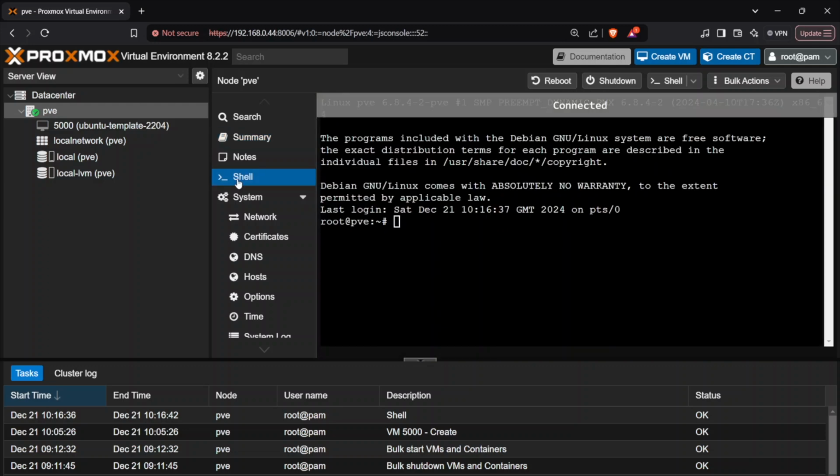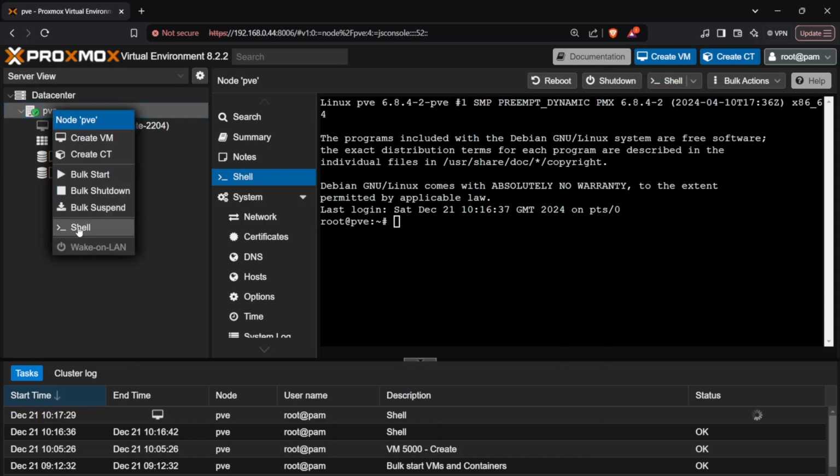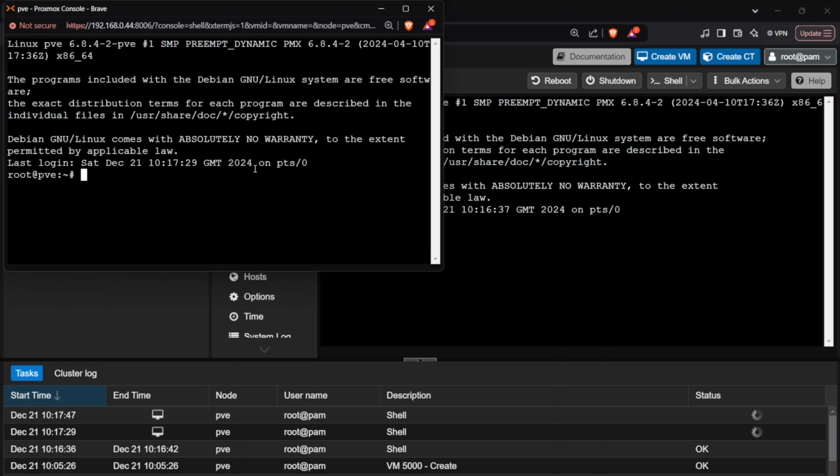minimize this and go back to the shell, open in a new window, right click, click on the shell, and you can click on xterm.js, and you should see this will open into a new window, or either way you can open it, right click and open in the shell. This will open in a new window because the font is not that clear on the browser, so I like to open it in the console. It is still under the Brave browser, and you should see its last login,